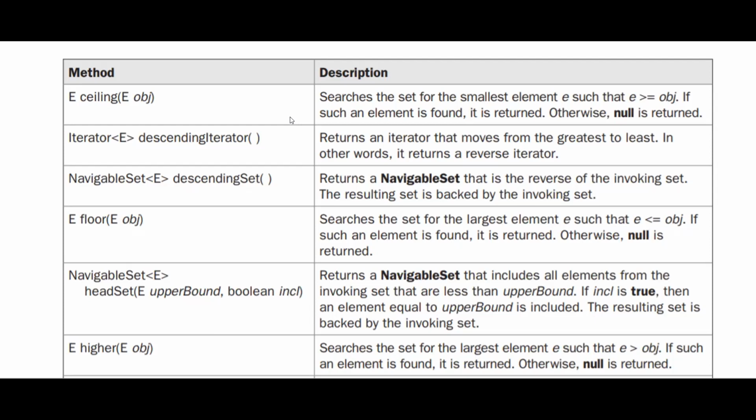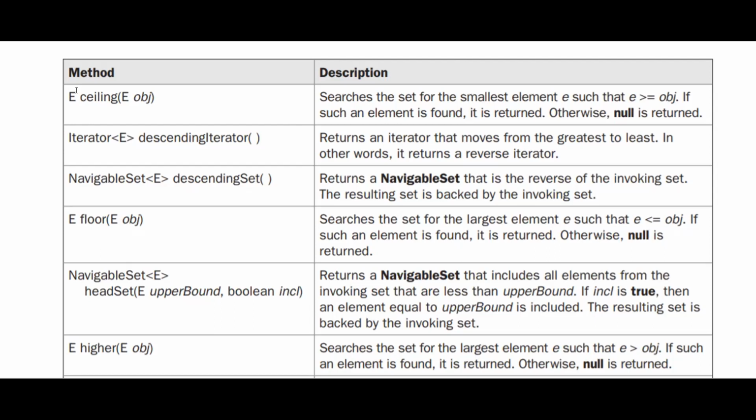Otherwise, a null is returned. So you can think of this navigable set as, let us take it as a set of integer objects. If we consider only even elements, so only even elements are present in the navigable set like 2, 4, 6, 8 and till 10.